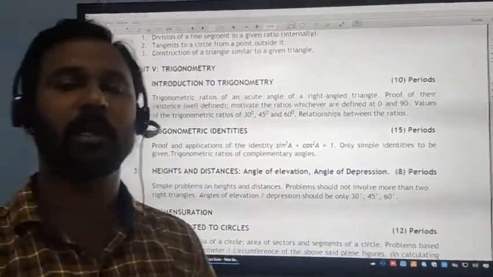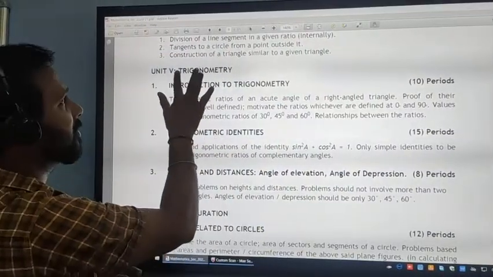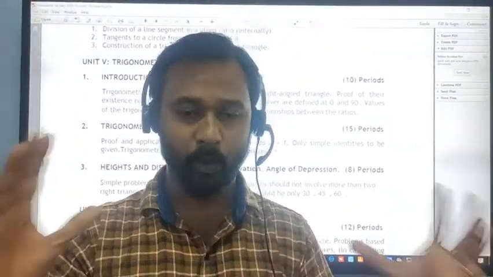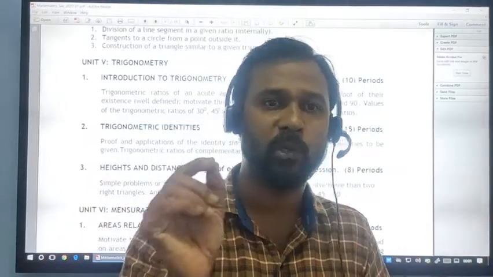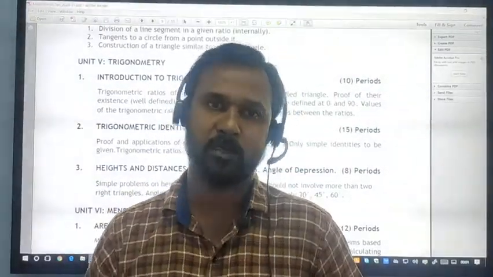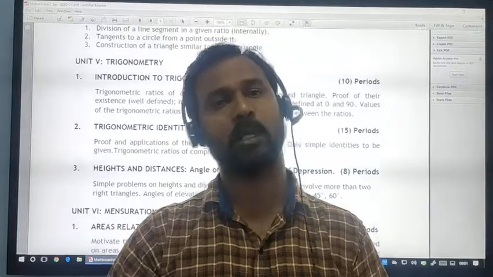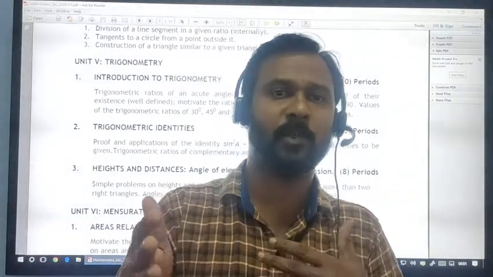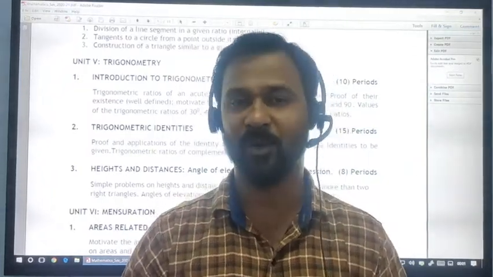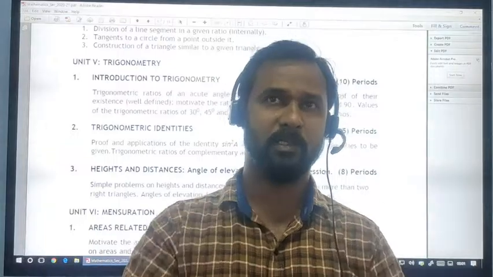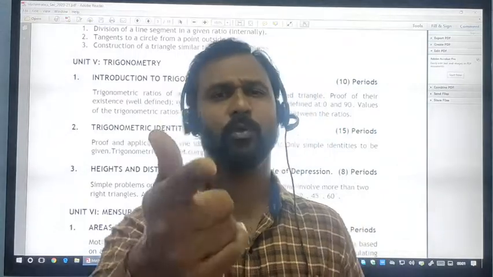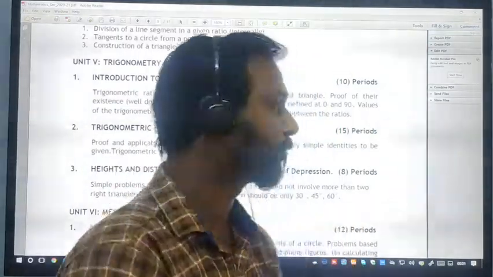This word trigonometry actually stands for this. We can break it: trigonon and metry. Trigonon means triangle, metry means measure. Therefore, the whole chapter is completely about measures of triangles. What are the measures of triangles? You know, there are 3 sides as well as 3 angles in a triangle, meaning 6 measures are possible for a triangle. Using these 6 measures, we will not use all of them. In fact, you will see how many we will use. We will create some ratios. They will be named trigonometric ratios. Very important chapter, so concentrate more on this chapter.